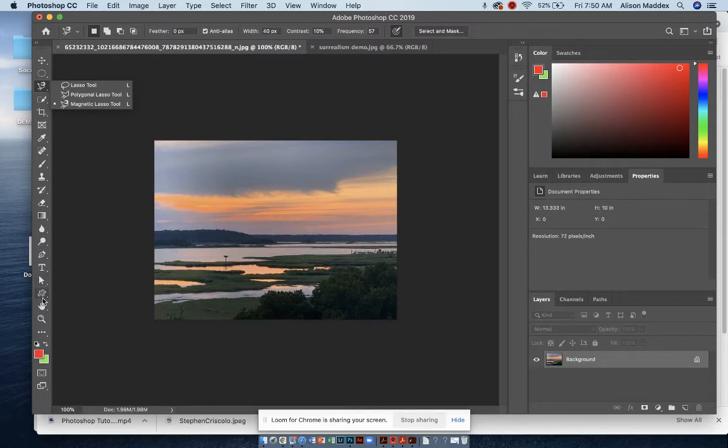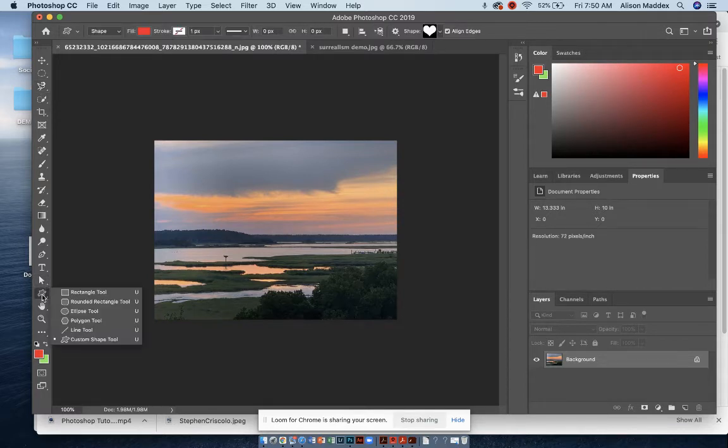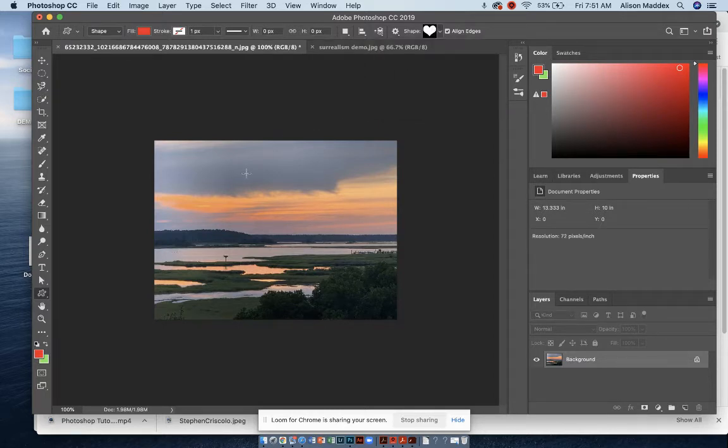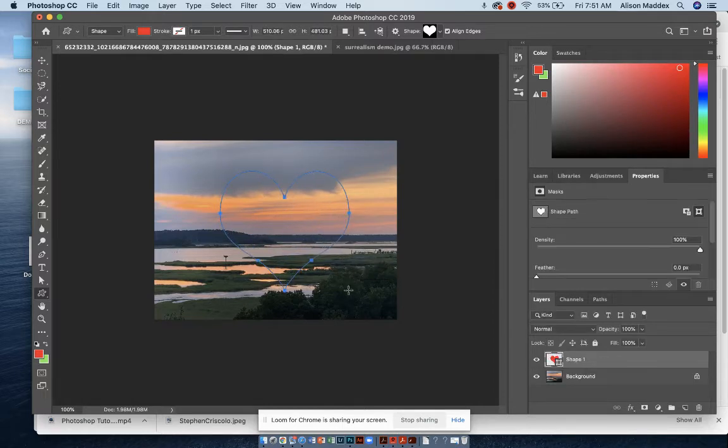So let's start with a shape. I'm going to click and hold here so you can see all the different shapes that you can choose from. And then I have chosen a custom shape. Up at the options is where you can choose your options for the shape. So in the custom shapes, you can look in here. I'm going to choose a heart just for fun to work with, and my fill is red so that you can actually see things really clearly. I'm going to just draw a heart,